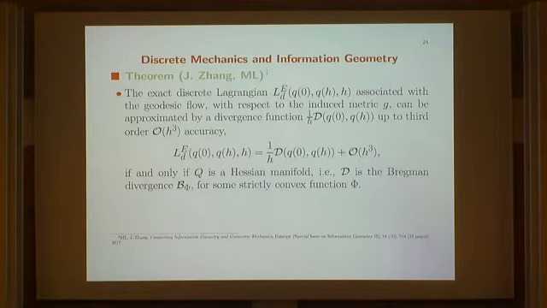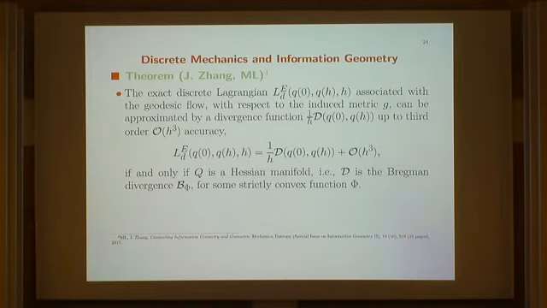Okay, so that's a quick review of variational integrators and how to construct them, and some of their nice properties. Now let me tie it back to the thing I was talking about, which was machine learning and information geometry. This is a result due to Jin Zhang and myself, and it basically says that if you look at the induced metric which comes from